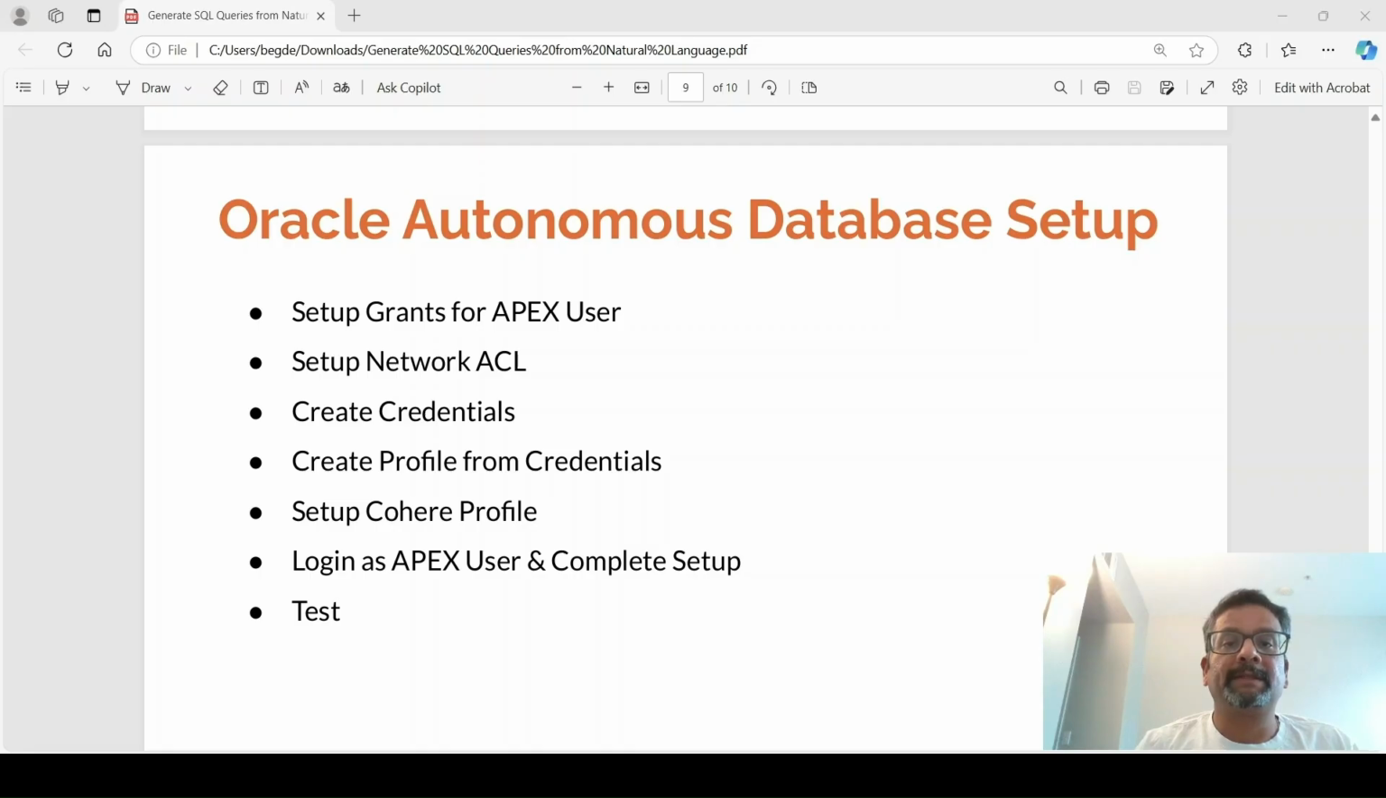So now let's look at the setup needed for the Oracle Autonomous Database. And I have listed the steps as below. First is setting up grants for the APEX users, then setting up the network ACL, then create credentials, create profile from credentials, setting up the Cohere profile, then logging in as the APEX user and completing the setup, and then testing. So one thing I want to add over here is that all these steps that we have discussed,